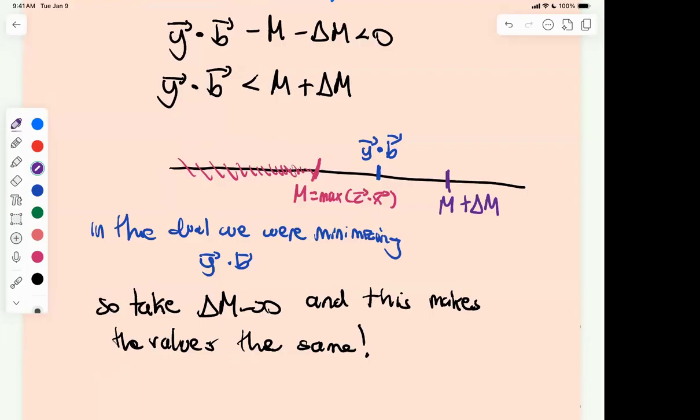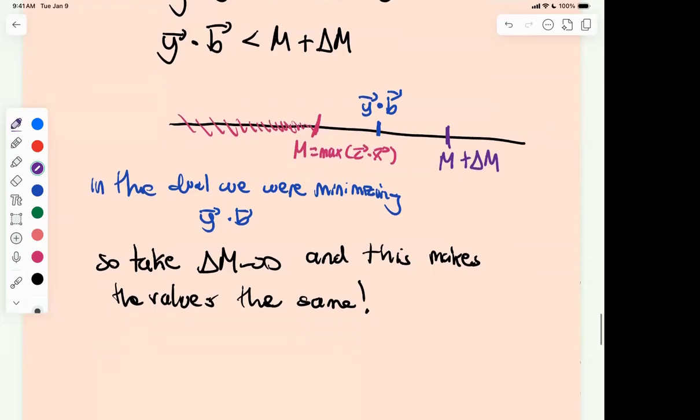Has everyone taken multivariable calculus? Okay, don't worry, don't worry. I was curious because I do want to explain a little bit of how this is related. I'll make a remark that will make sense only for those who have taken multivariable. But these variables y in the dual are like the Lagrange multipliers in multivariable calculus. I won't go into all the details since not everyone has taken multi, but it's good to at least put it out there explicitly so that people know. So just as a remark,